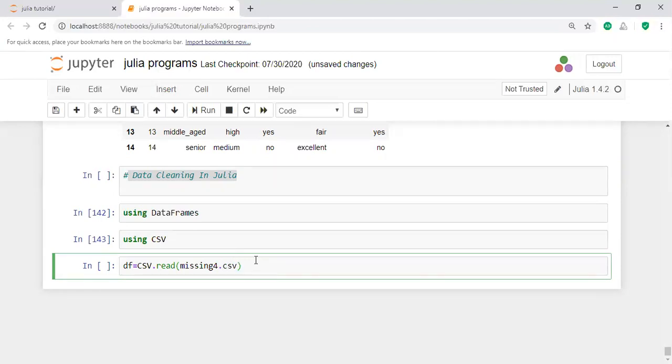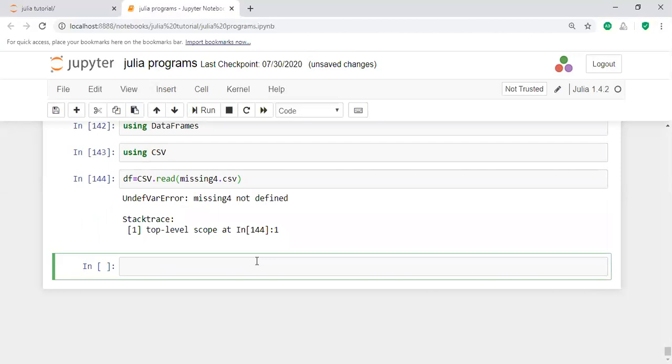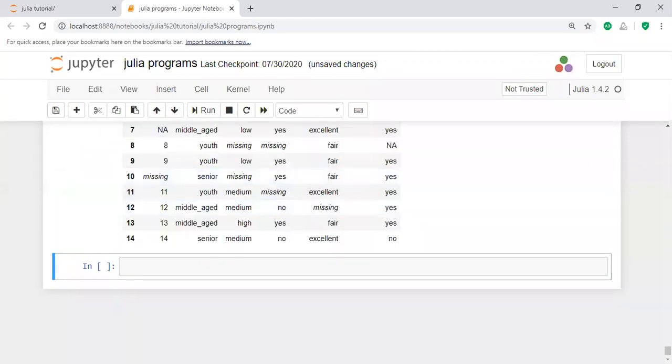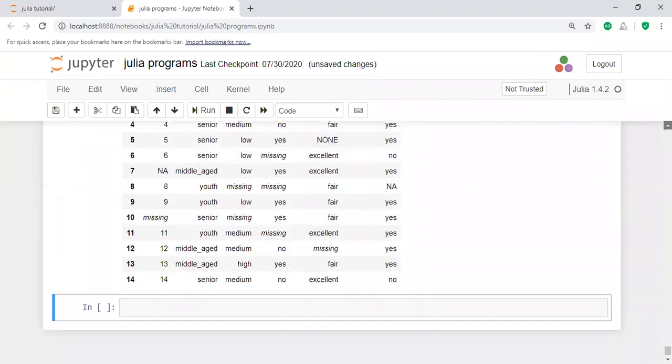Here I am getting CSV4 undefined, because I forgot to take the quotation marks. Now if you read this one, it is the data.